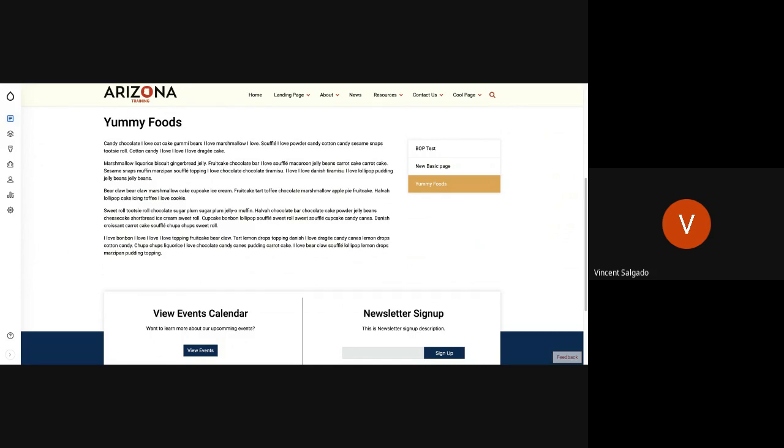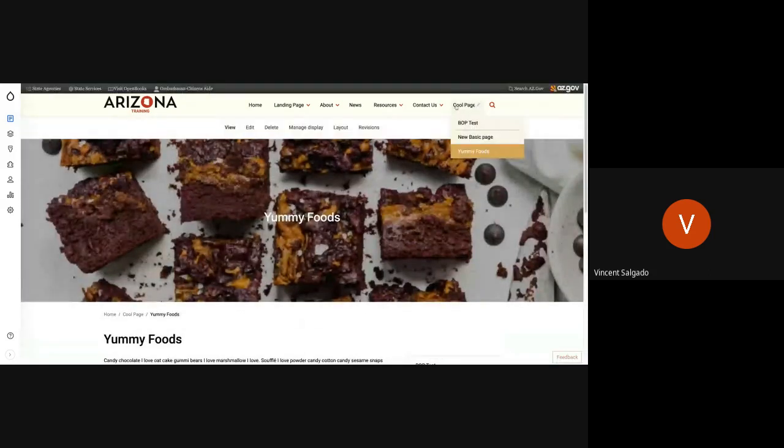So now that you're getting used to creating those landing pages, and you'll be able to add blocks of information, we want to play around a little bit more with some of the other blocks of information that we have for the website. I am on the wrong tab here. Sorry about that. So I'm going to go back to my cool page,